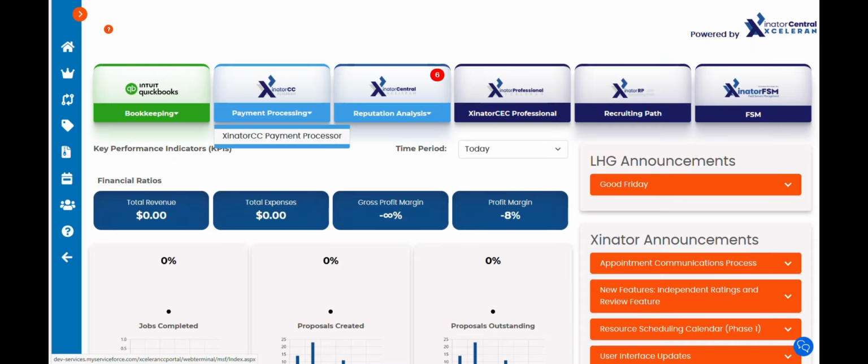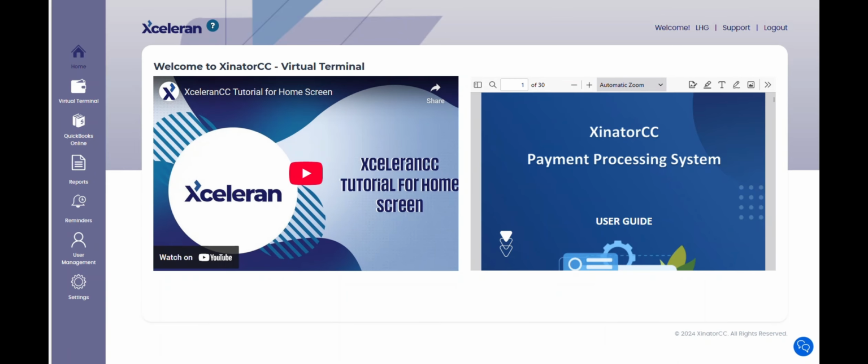So we'll just click on here and go into the myXinator CC payment processing terminal for a quick overview. The home page just gives you some access to some tutorial information, both in terms of a video and also in terms of a user guide. The main place that you'll be doing most of your transactions will be in these two: the virtual terminal, which is where you'll access any of the transactions you've made in the past, and QuickBooks Online, where you'll actually probably do most of your starting of payment processing,